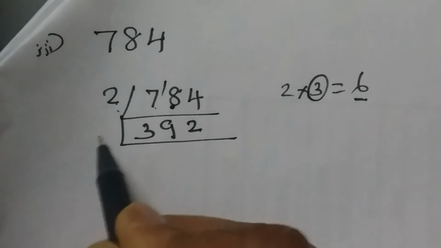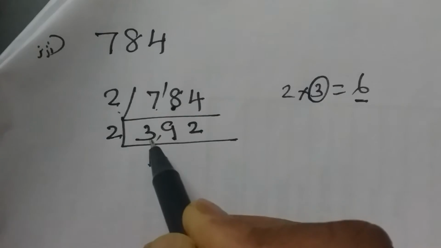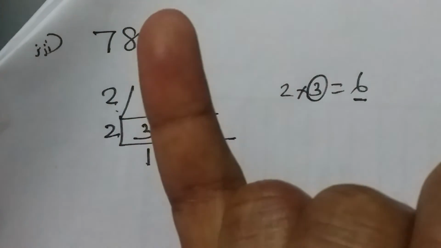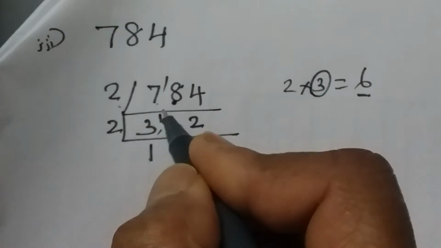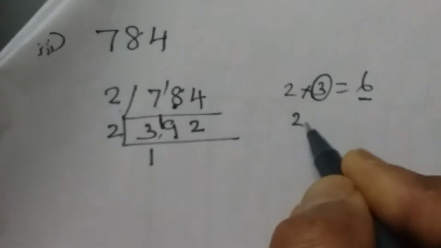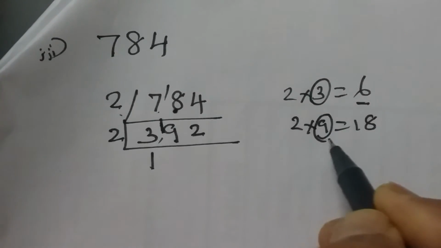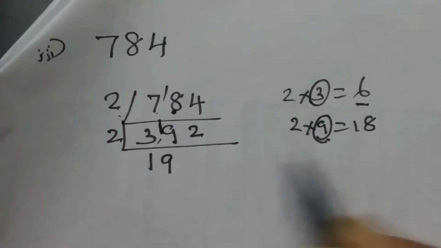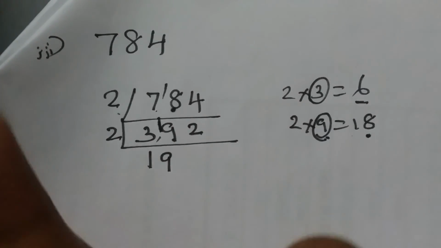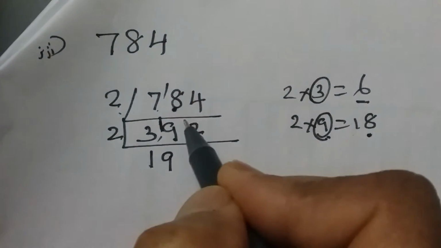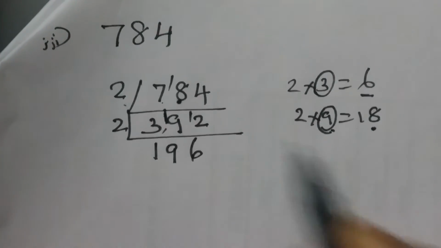Now what is 392? Again an even number. So divide by 2. First number, 2 1's are 2. After 2, 3. What is the remainder? 1. Carry with 9. It becomes 19. So till 19 comes, 2 9's are 18. So what is the quotient? This middle number, 9 is the quotient. We have 18. After 18, count till 19. 1 is the remainder. Carry with 2. And in 12, 2 6's are 12.